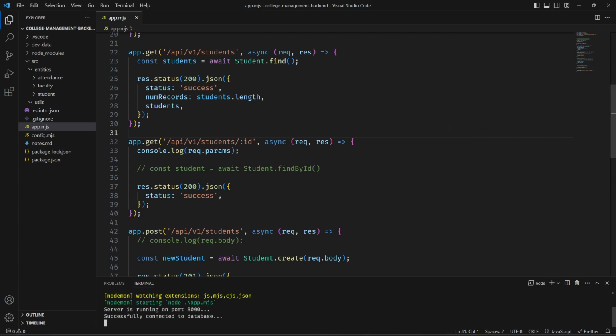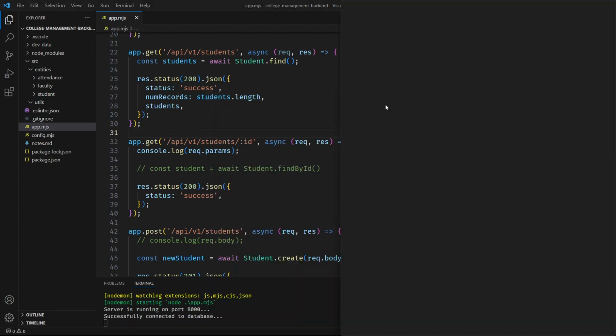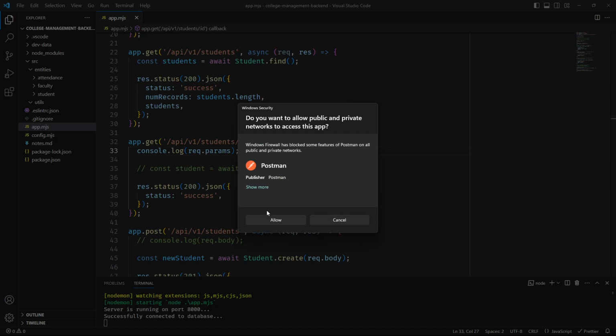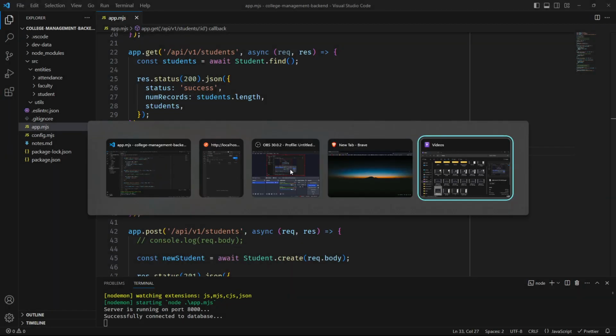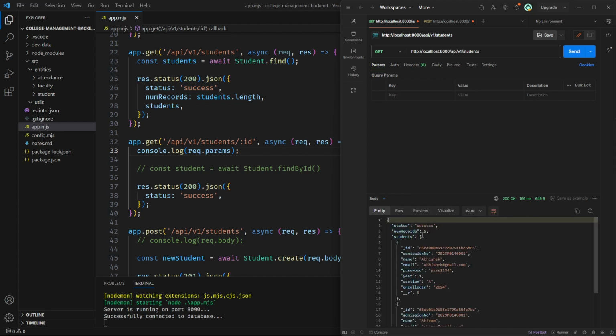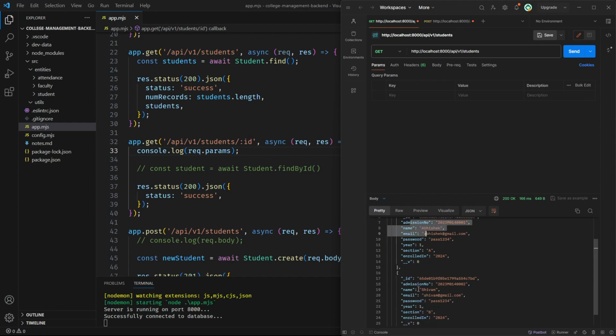Okay, let me open Postman. So basically this is kind of a variable. Because id is not fixed, for example we can fetch the details of student 1 2 3 4. So this is basically dynamic, so that's why we are receiving it here. And yeah, let me just start this app. Here we go. So let us see what all students we have. We have currently two students in a database, in a student table. The first one is Abhishek and the second one is Shivam.